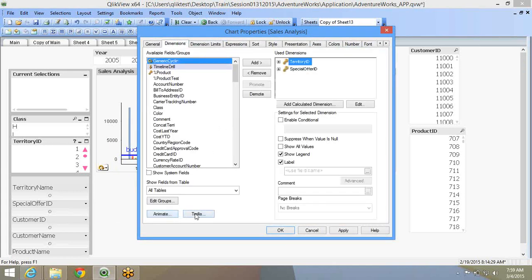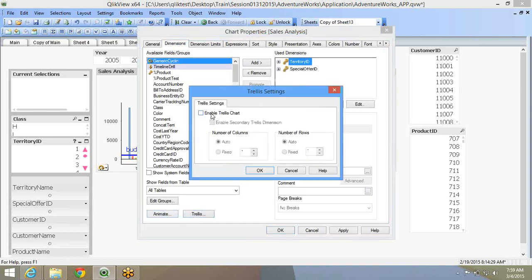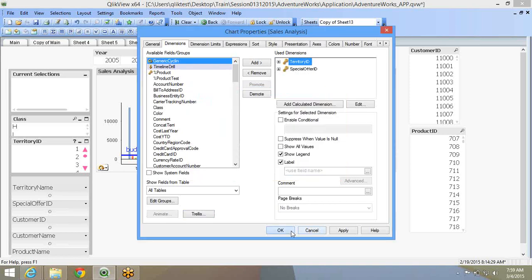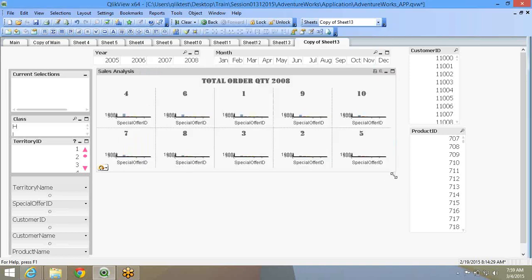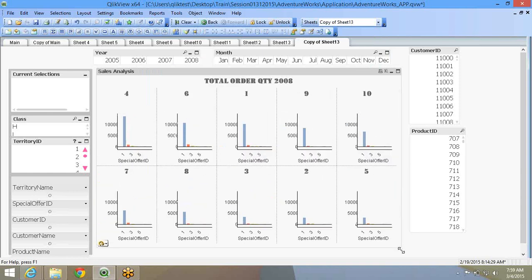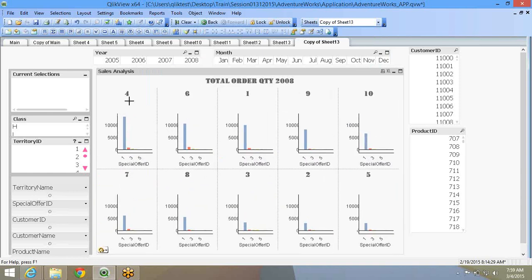Under dimensions, you have something called trellis. So you can select trellis. You enable trellis chart. Right? Just say okay. What QlikView will do is it will create one chart for every value for the first dimension. That means territory ID 4 one chart, 6 one chart. So our territory ID is our first dimension, right?